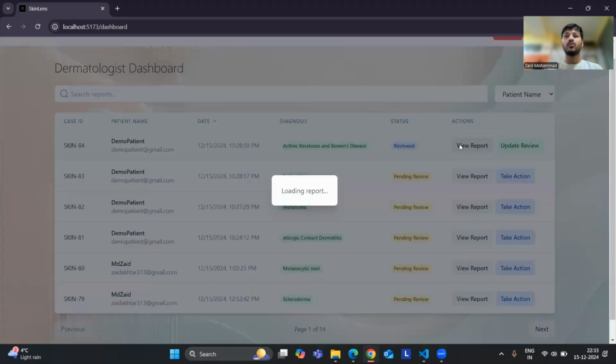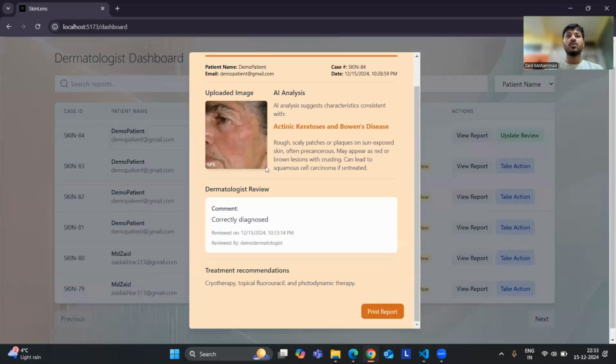And click on view report. Now after clicking on the view report, after the dermatologist puts a comment, you can see in the report a dermatologist review section is added with the comment and reviewed on, as well as reviewed by, that is the